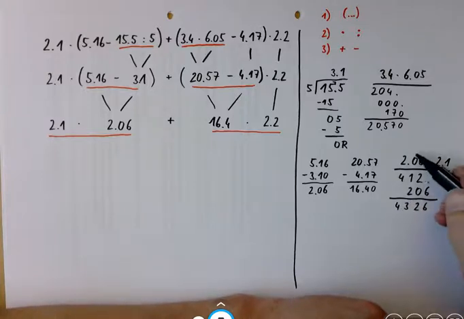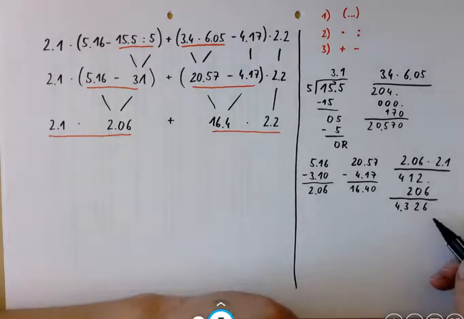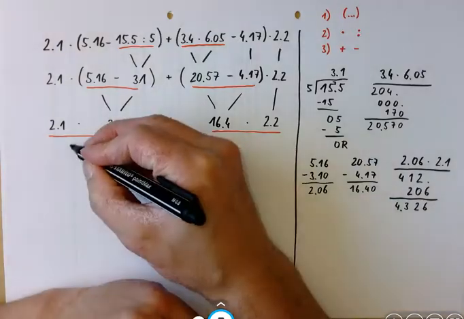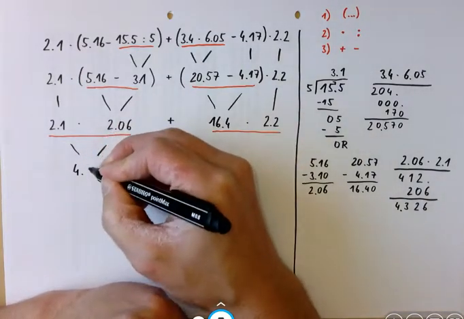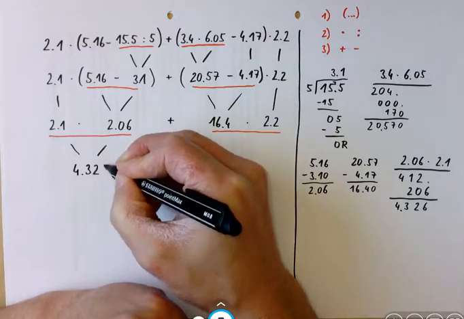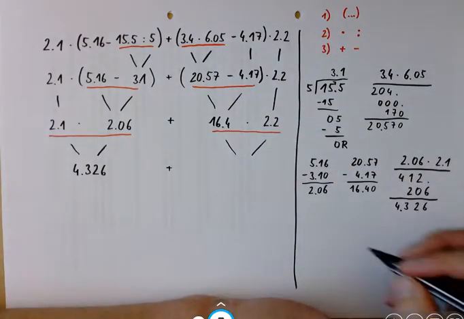We have 2 digits after the decimal point here, 1 here, so the result has 3 digits after the decimal point. So this is 4.326 plus, and this one